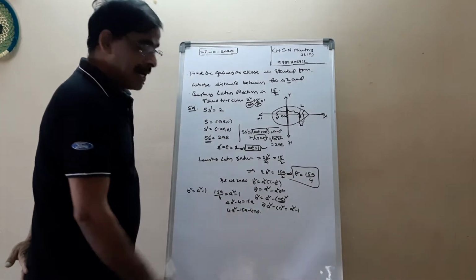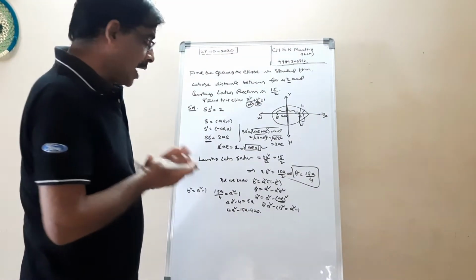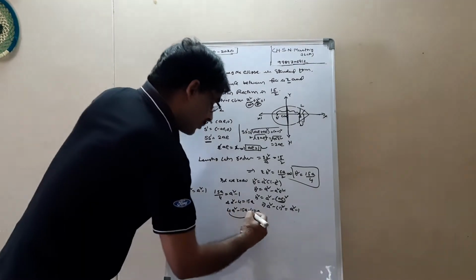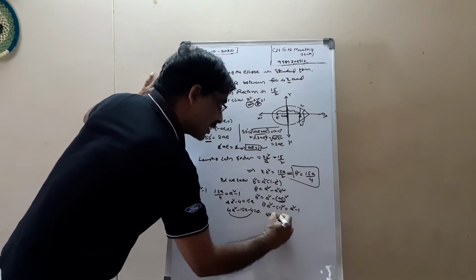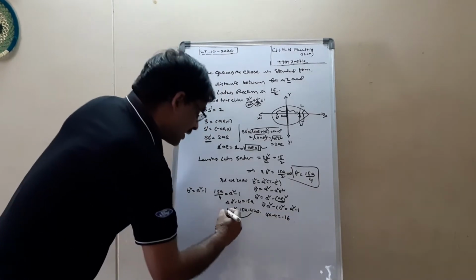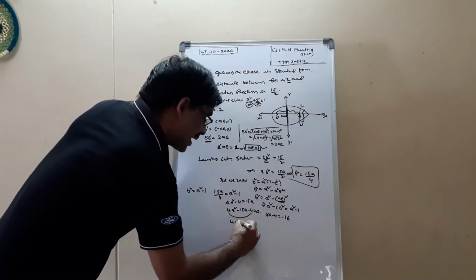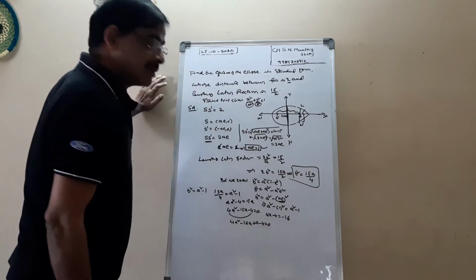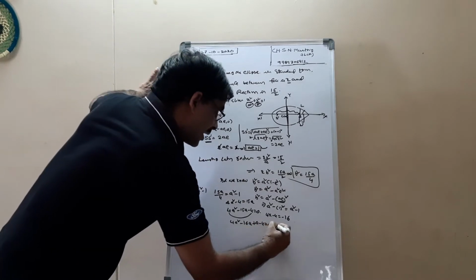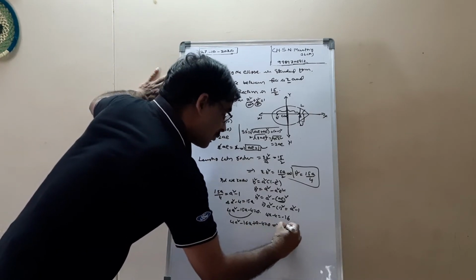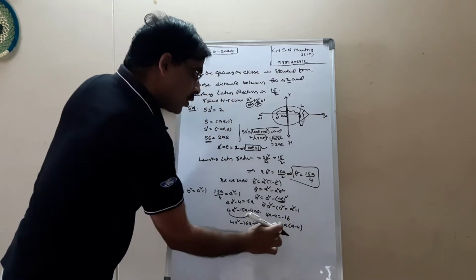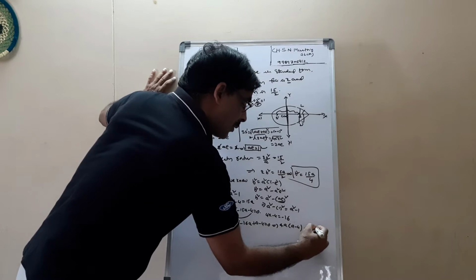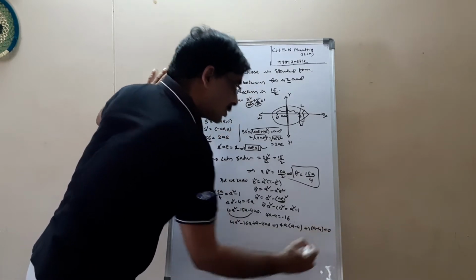Now we have a quadratic equation, so we have to solve. How to solve? I have to find the factors of minus 16. 4 into minus 4 equal to minus 16. Now we can write this one as 4a square minus 16a plus a minus 4. Take common 4a into a minus 4, and here you take 1 common, this is a minus 4, which is equal to 0.